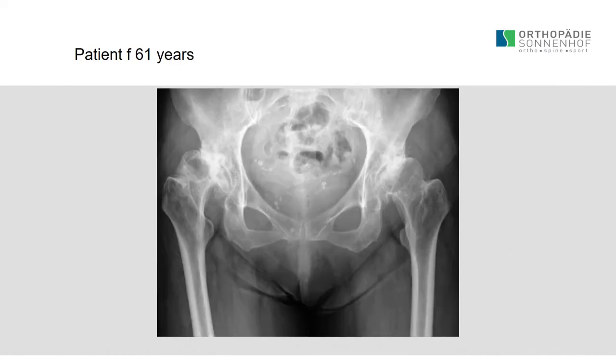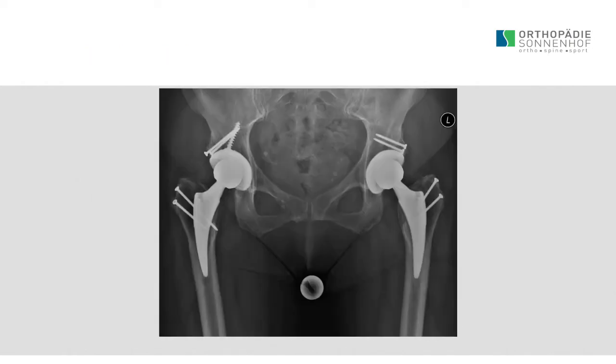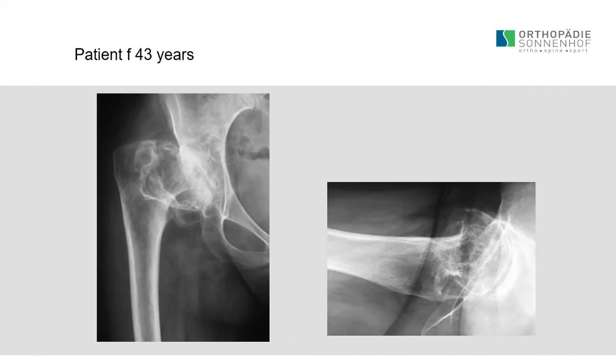In these cases, you have almost a normal proximal femur. It's easy to use a short stem, as you can see here, 6 years and 5 years down the road. You have the same augmentation in the acetabular part, and bone that looks like the native bone 6 years down the road. Very similar in this situation,